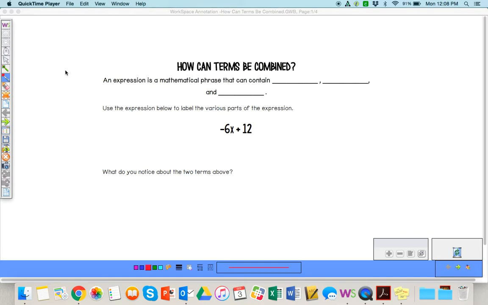Video is the start of Unit 2. Unit 2 talks about expressions, equations, and inequalities. So the first thing that we're going to talk about is expressions, and we're going to talk about how terms can be combined. So the first thing that we need to talk about is what are terms and what are expressions made up of. So it says an expression is a mathematical phrase that can contain variables,